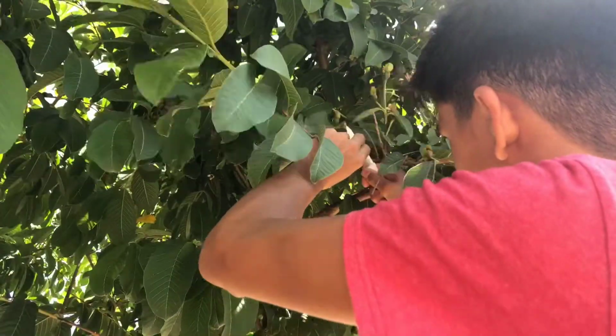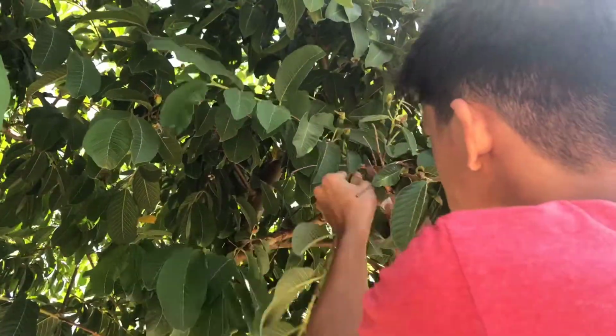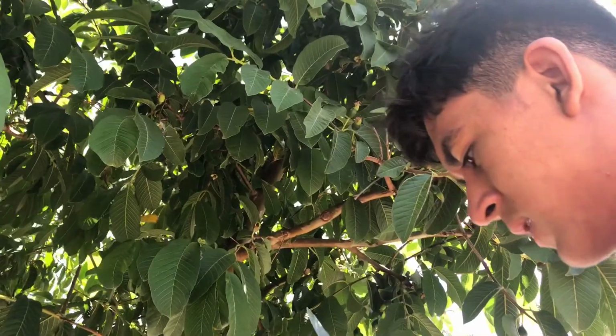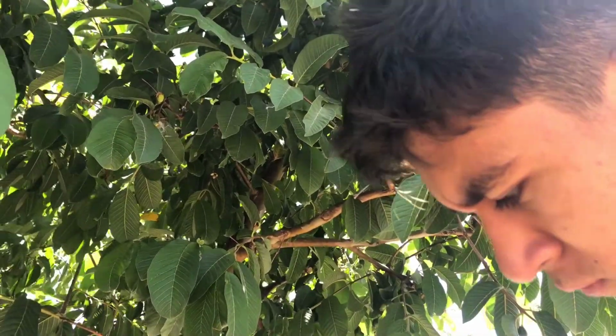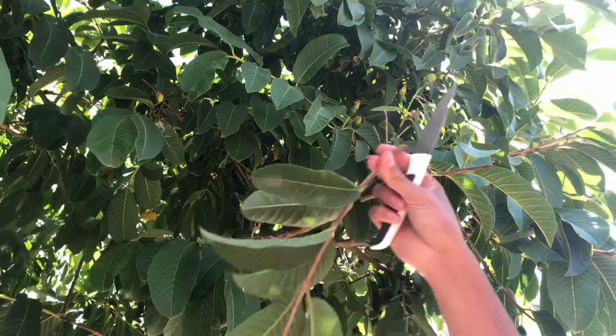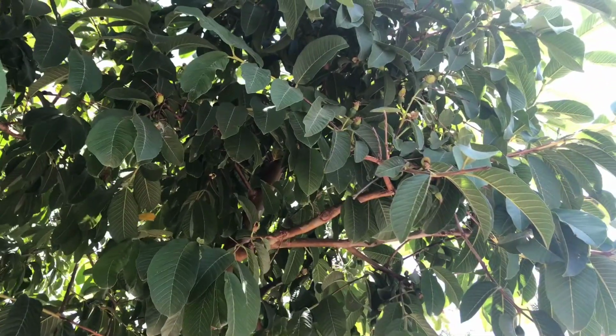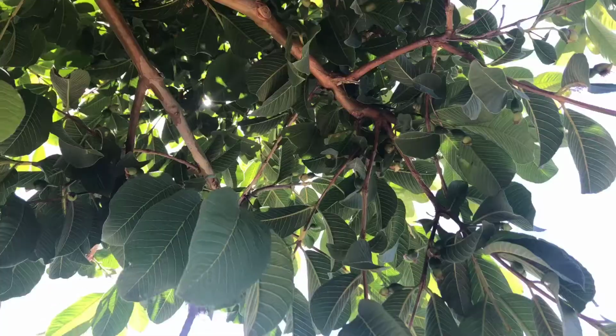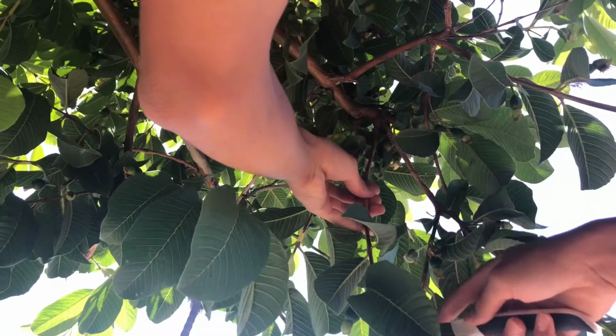Pencil thick, I guess. Wow, this is quite rubbery. Alright, I think that's a little bit new for now, but we'll try it. We're gonna get quite a few grafts. I think we're gonna try to get 4. So there's one. Yeah, up in here